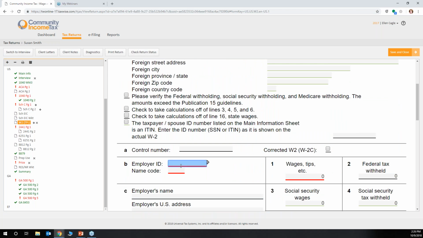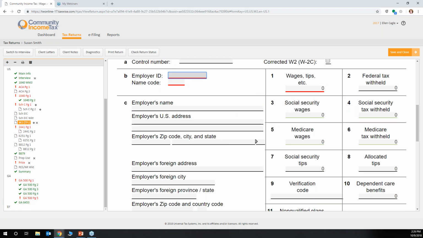Now, this is the heads down data entry. You're looking at the W-2 you have in hand, and you're entering the information into the program. Doesn't get any easier than that. But we also put in time-saving features. We do have an employer ID database. So once you enter an employer identification number, if someone else comes to your office that works at the same place and you enter that employer ID number, the program's going to automatically fill out the information below, saving you keystrokes. So once I enter in the EIN here,